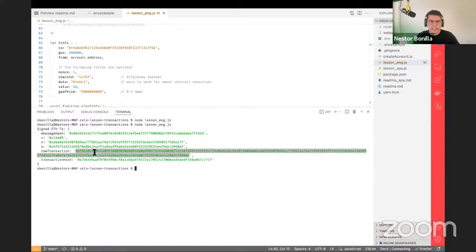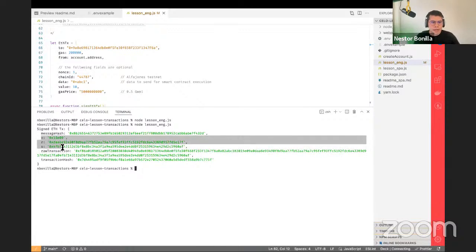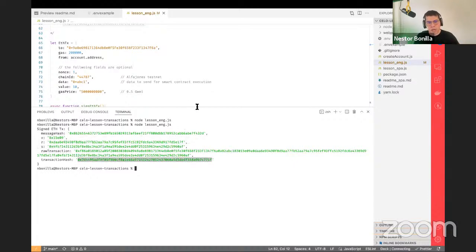The raw transaction is basically all that is happening in that transaction. And the V, R, and S are used for the signature.